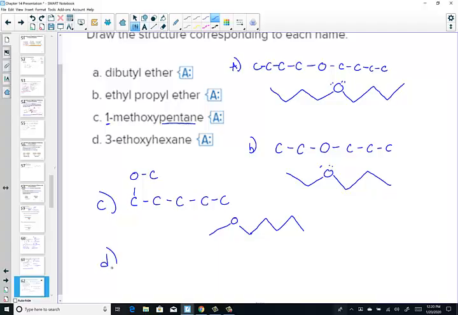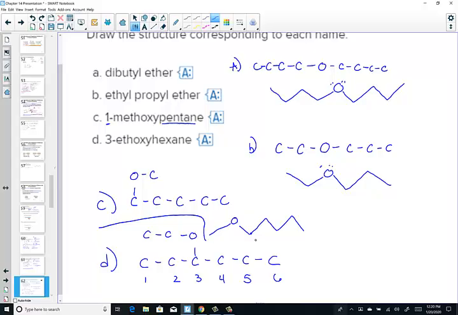And letter D, 3-ethoxyhexane. All right, so just kind of getting my connectivity with my first sketch. There's 6 carbons in a row. 1, 2, 3, 4, 5, 6. At carbon 3 leads out to an oxygen, and then ethoxy. Now, I just ran into letter C and D kind of, let's be sure you see that these are